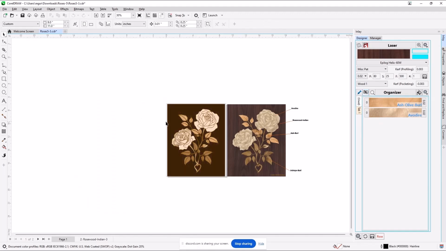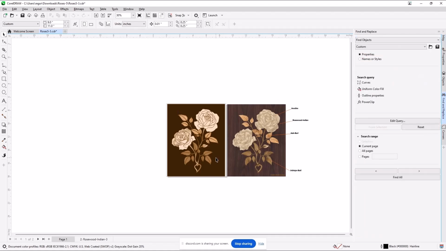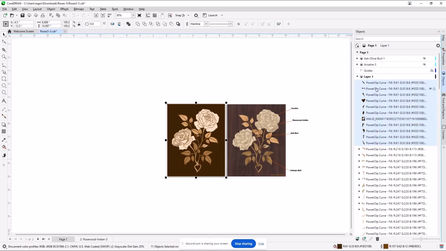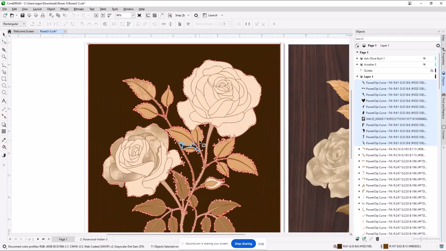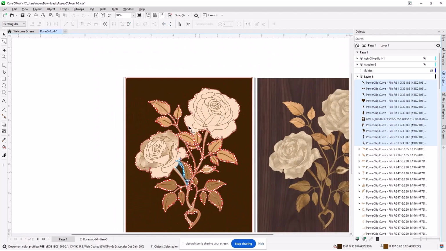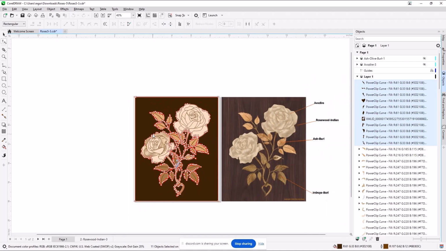This is me knowing what to do, maybe not explaining it very well. I got rid of the background. Now let's do the find again. Select a brown, find all. Go over here to the objects. You get all of the brown objects selected together. Now, do you see what's happened? I have multiple objects selected, but if I go look at this, they're not necessarily the same color of red and blue. It turns out they're independent of each other.